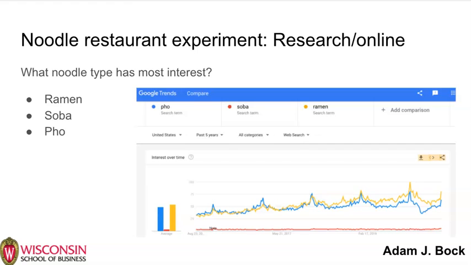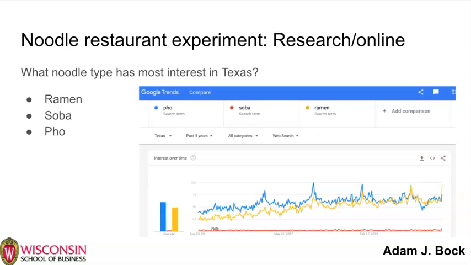And so if we were thinking about how viable this idea is, this would give us a sense that of the various types of noodles, the ramen seems to have the most search interest, which suggests that there might be more customers for it. But this is a pretty broad search specific to the United States. What if we wanted to think about this just in Texas? Well, the beauty of this is that Google cheerfully provides that information as well. There's many different ways to filter this kind of search, but one of them is simply by U.S. state. And here are the results for Texas.